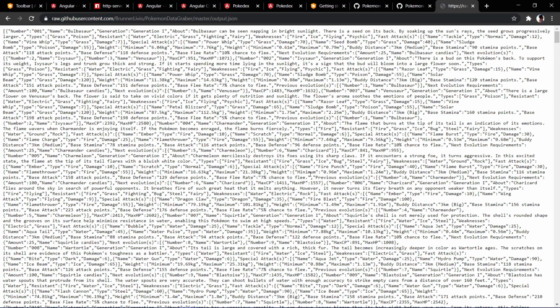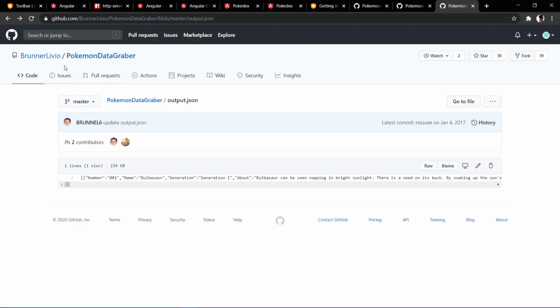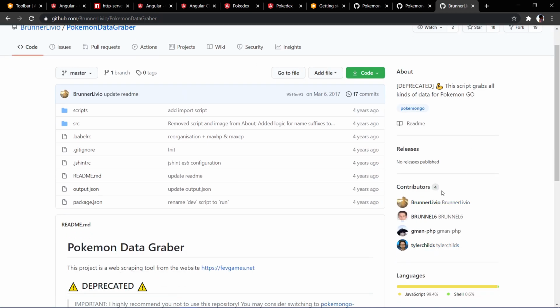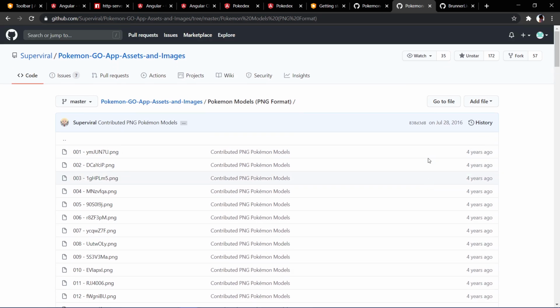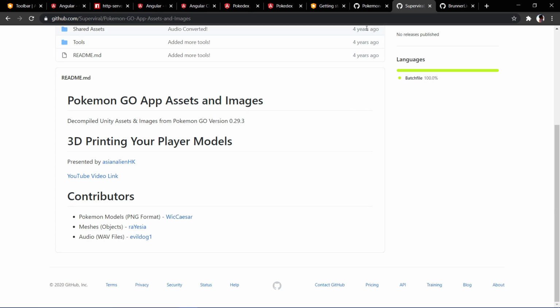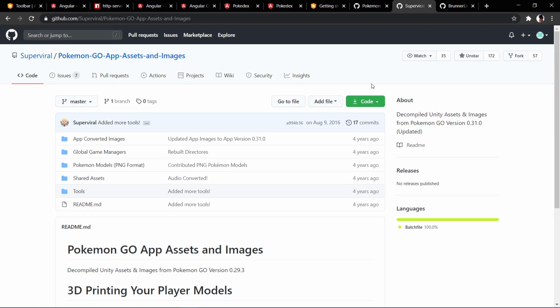It has a lot of features, which include the name of the Pokemon and the different types the Pokemon belongs to. It can be grass or poison and all those things. So thanks for this contribution from the contributors of these two projects. It's a very good data source for integration, so thank you for your contribution. I can see a lot of contributions here, as well as here. So thank you guys. I'll integrate this with our application so that we'll be able to get random Pokemons along with their images and a few descriptions about these Pokemons.